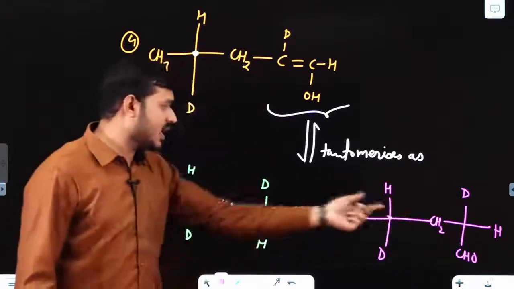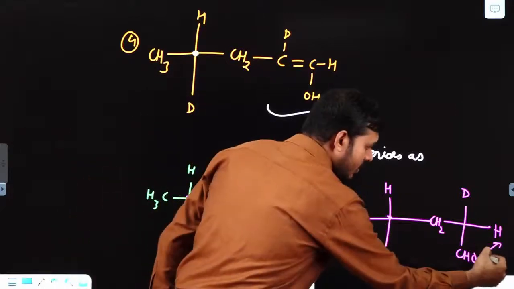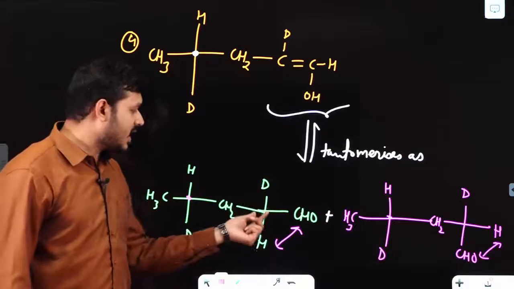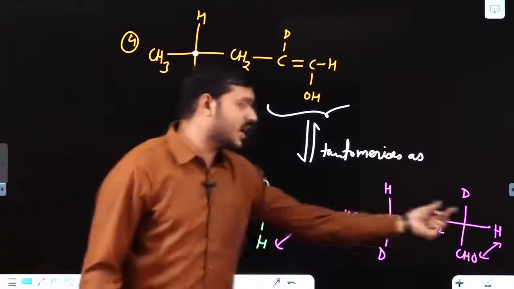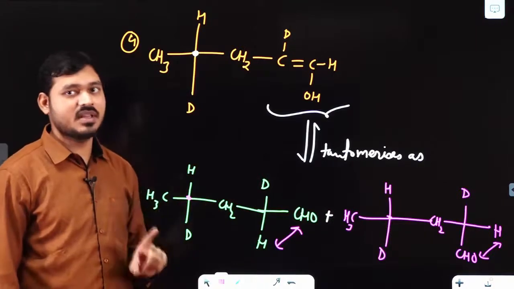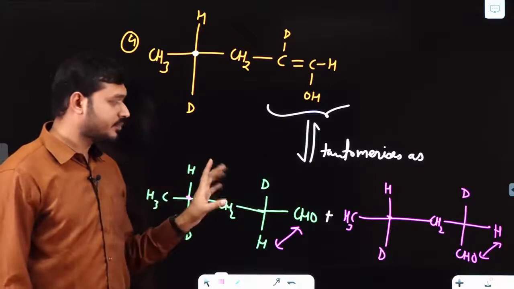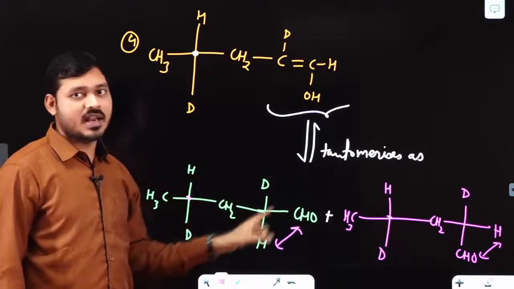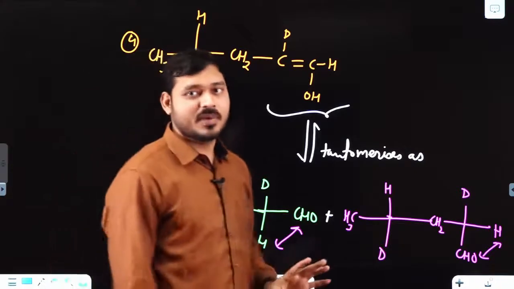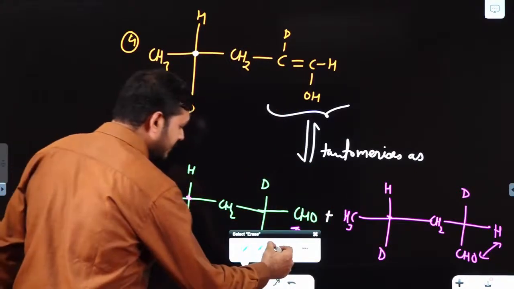So either this configuration or this configuration. You can see in both the cases, if I compare these two, then there is a single interchange. Means this part will be R, suppose, then this part will be S configuration. Clear to you all? Okay, so remember this thing. In such a case, in reactions along the chiral center, both possibilities are there. Clear to all? Okay, so let's see one more important concept.